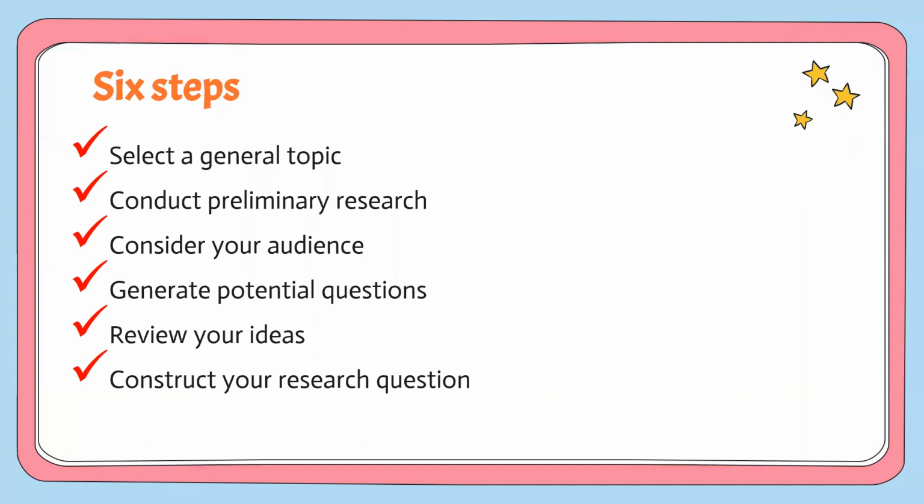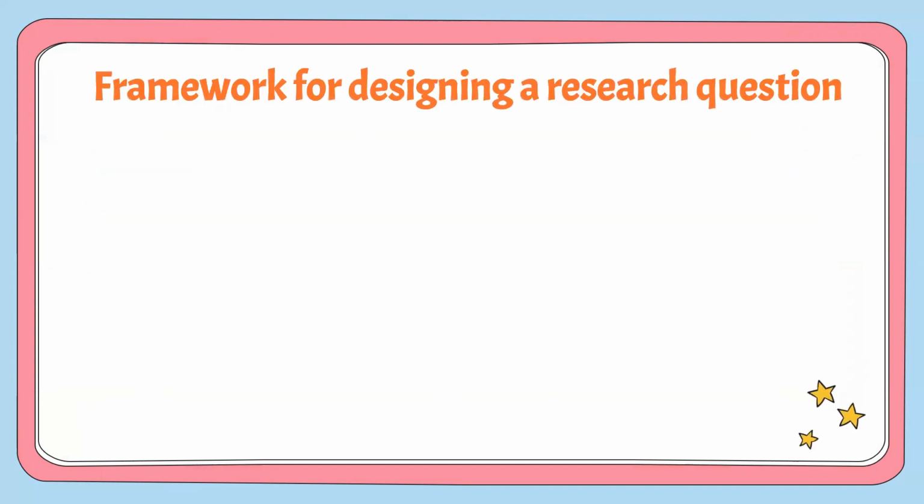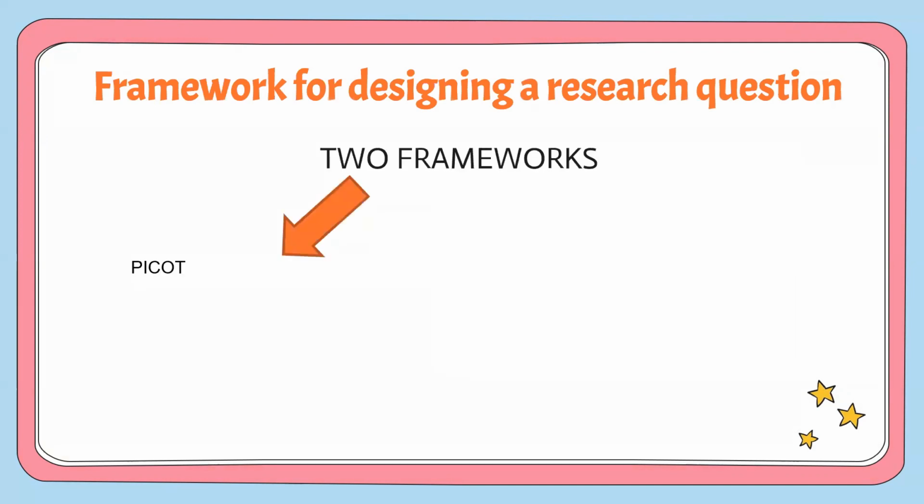So having understood the 6 steps necessary to frame a research question, now let us move on to the framework for designing a research question. Now, there are 2 frameworks. The first is called the PICOT framework, which implies that first we need to identify the population whom we are studying. So we could study a particular group, a particular population. We need to identify which group of people we are studying, or we need to identify the problem that we are studying. And then we also need to find out what intervention is required, or what